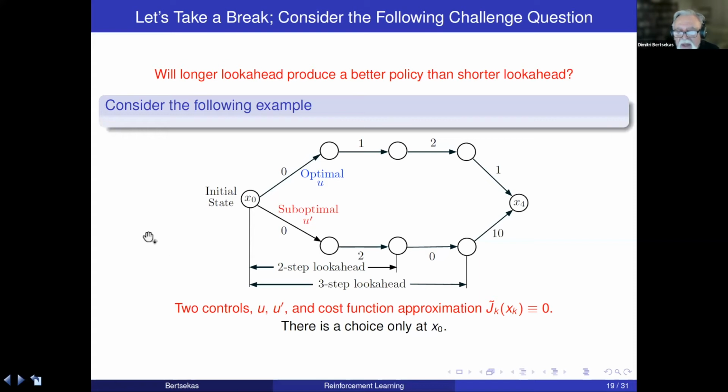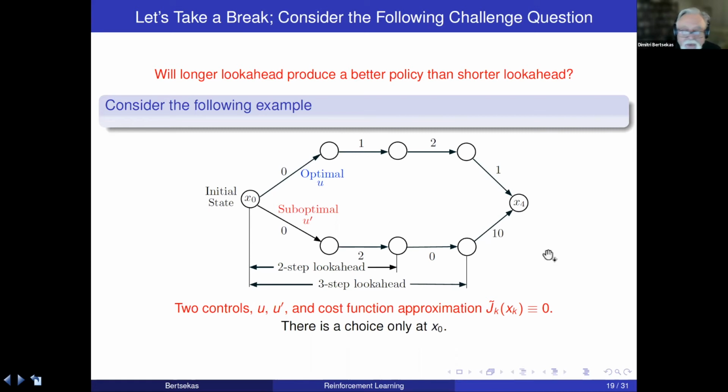That's the optimal solution. This is the optimal path. On the other hand, let's try to use 2-step look-ahead minimization and 3-step look-ahead minimization with terminal cost function approximation 0, okay? Let's do this calculation without any rollout and stuff like that. Just 2-step look-ahead and then take 0 cost, or 3-step look-ahead, and see which one of the 2 policies, the 2-step look-ahead and the 3-step look-ahead policies, comes out better. And let's discuss after we convene back again in 15 minutes, which would be 2 minutes to